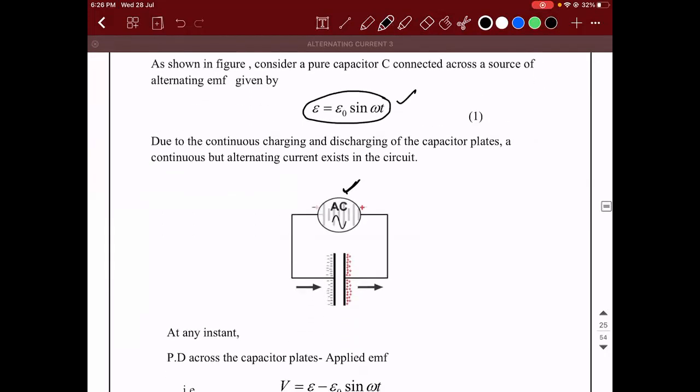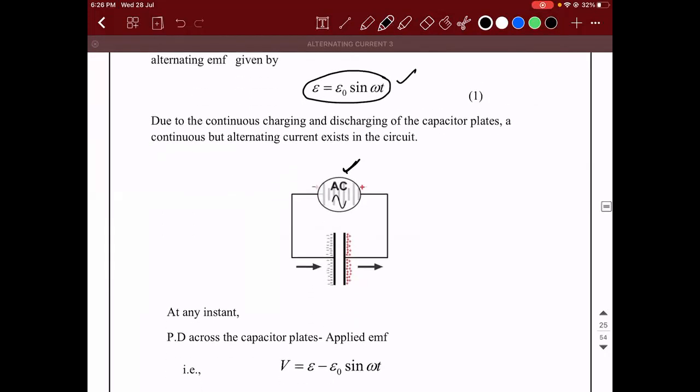Okay, well. Now, we always need to find, for the given input E naught, what is going to be the corresponding output, that is I. So we know the formula that the charge that is getting stored on the capacitor is equal to C into V. Correct? So Q is equal to C into V, where C is the capacitance. So C into, in the place of V, can I write it as E naught sine omega t? So this is the value of Q.